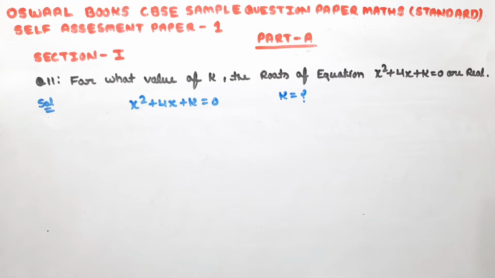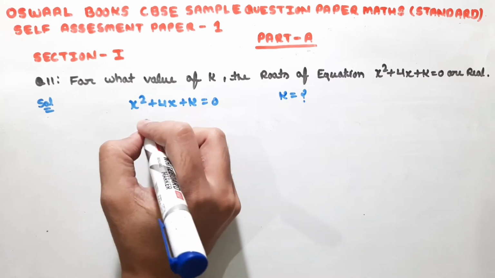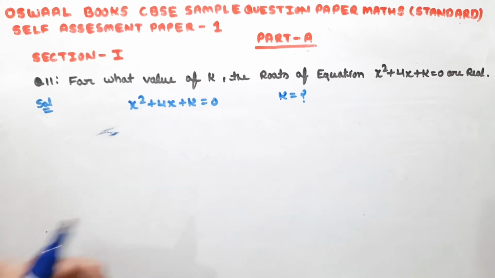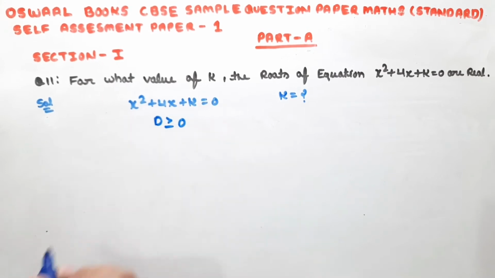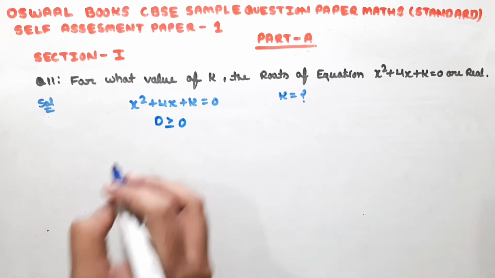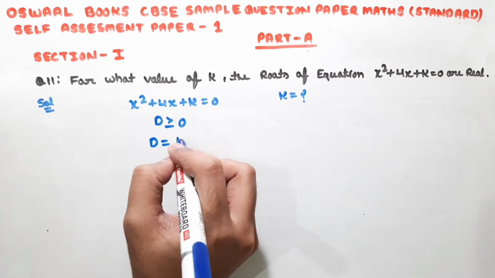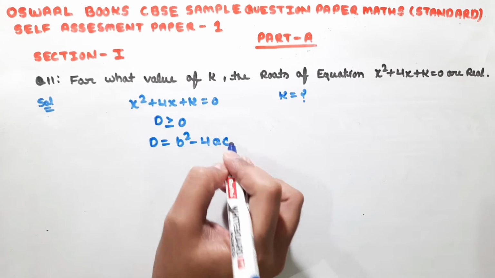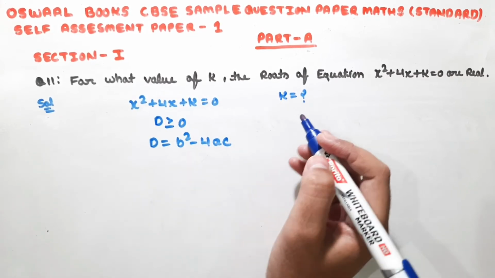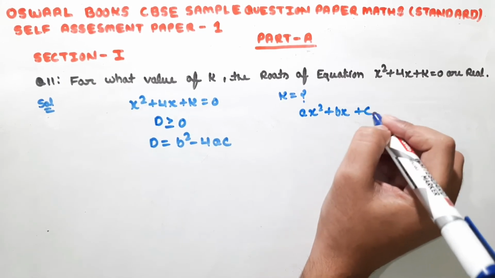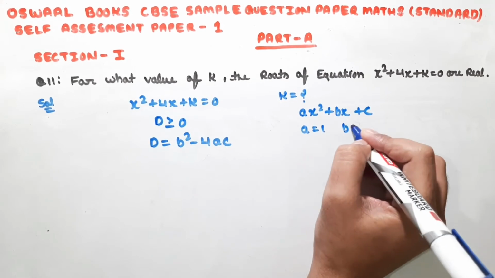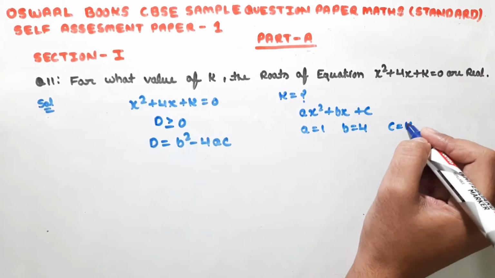So we know that the roots of a quadratic equation will be real if discriminant D is greater than or equal to 0. We know that discriminant D is given by b square minus 4ac. So on comparing our quadratic equation with the standard form ax square plus bx plus c, a will be equal to 1, b will be equal to 4 and c will be equal to k. Putting values here,